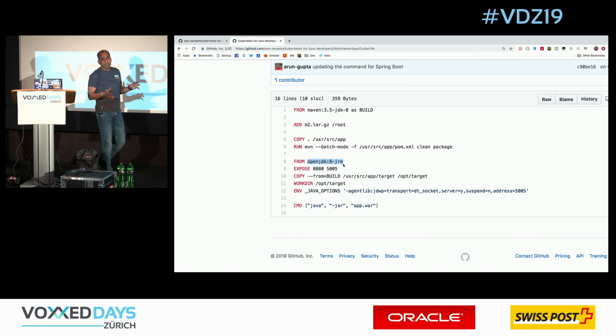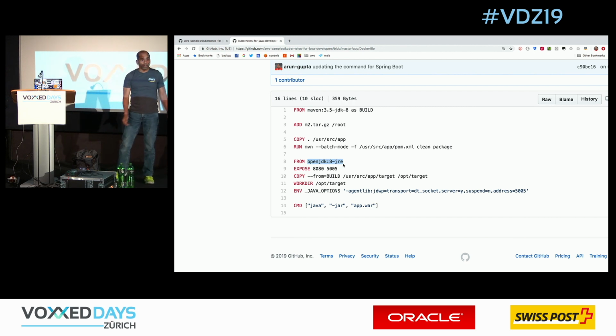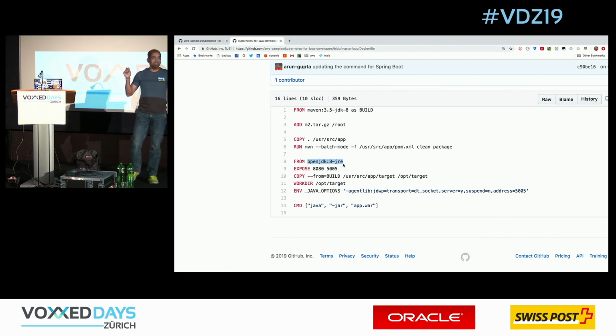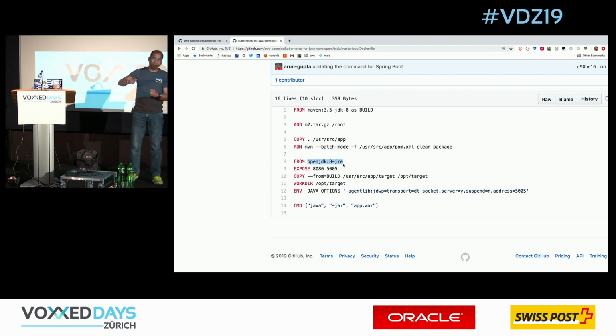One of the strong design patterns that I've seen in customers is they use JDK to bundle with their entire application, even though they may need only JRE. Don't do that. You don't need to do that. Particularly if you're using JDK 8, it comes with a JRE. So use only JRE as a base image, unless you're still going the JSP route, which requires a compiler at runtime to convert into a servlet and then do all the magic.